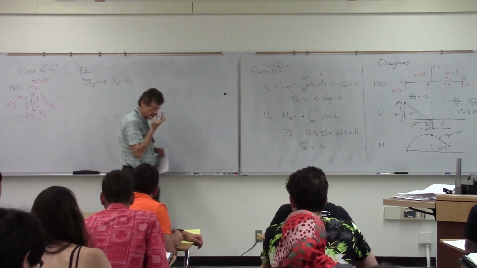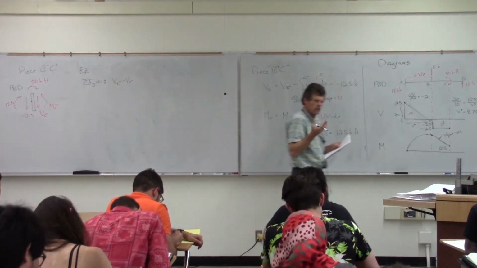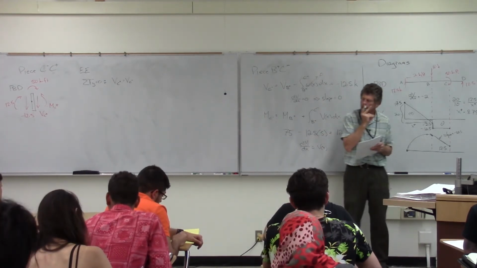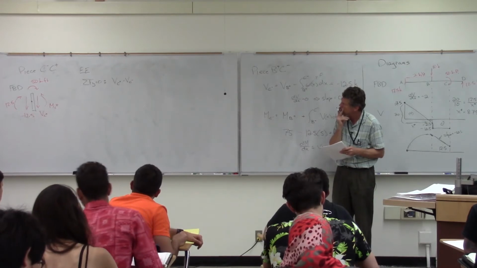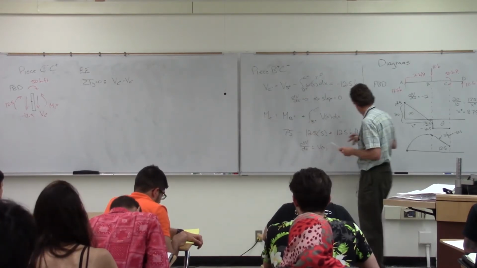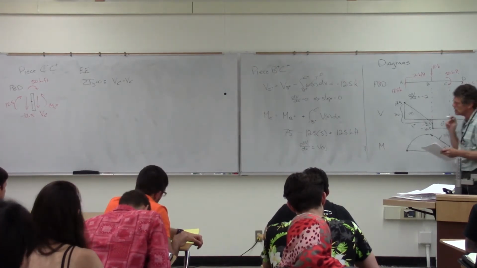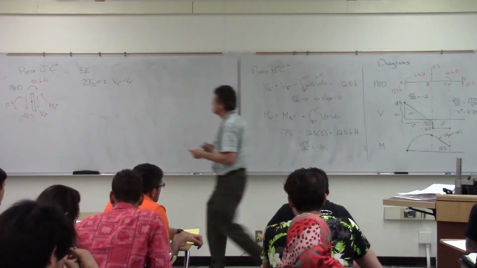And what we'll see is that shear doesn't change there because it's a concentrated couple. So in terms of vertical equilibrium, nothing's going on there. It doesn't see any change there. So my shear is not going to change as I go from point C minus to point C plus on the other side of that concentrated couple. My moment, however,